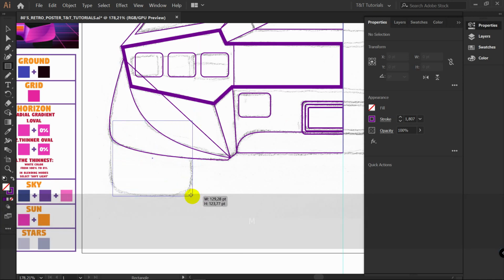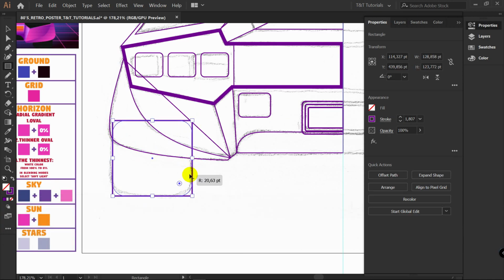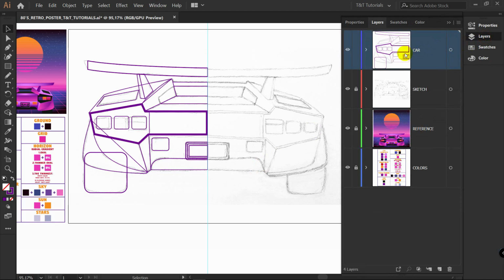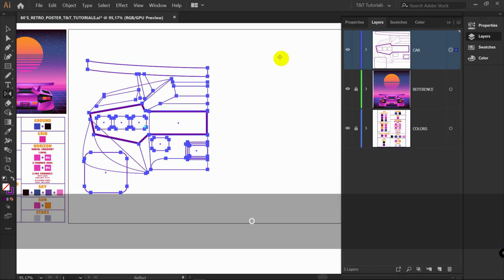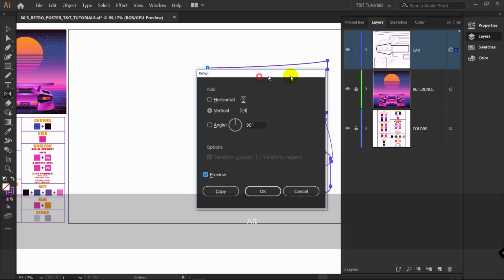Now create another rectangle, round corners, and it's time to delete our sketch. Reflect these objects, unite them, and apply colors. So target this layer, O for reflect tool, hold Alt, click on some of these central points, preview, and click